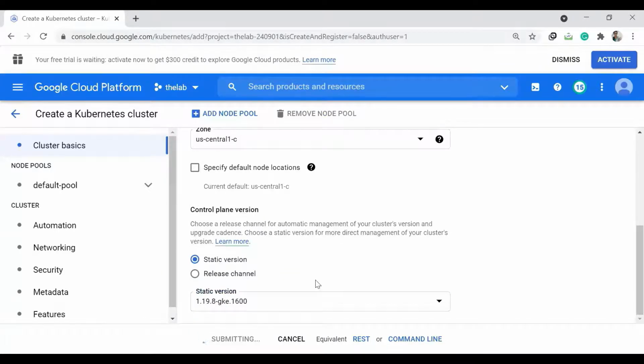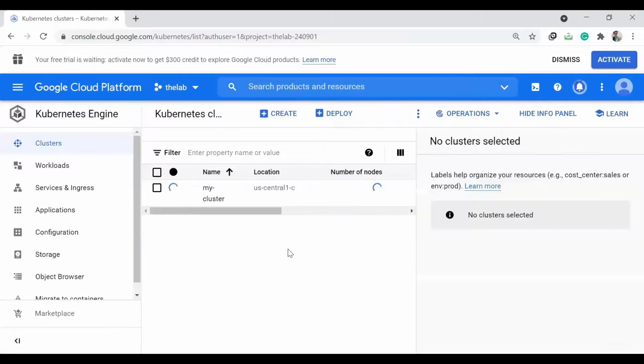Create. So this might take some time. The cluster is created now. So let us launch the Google Cloud Console. Click here.